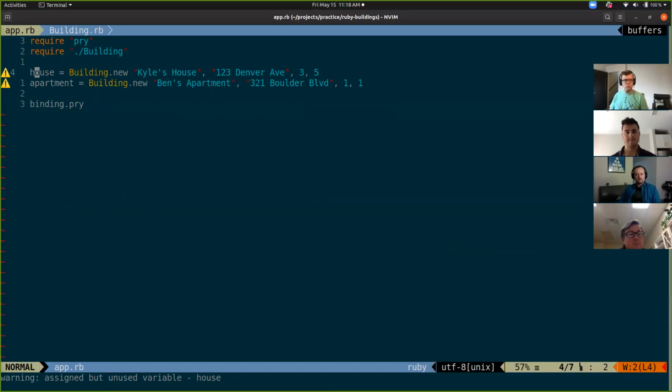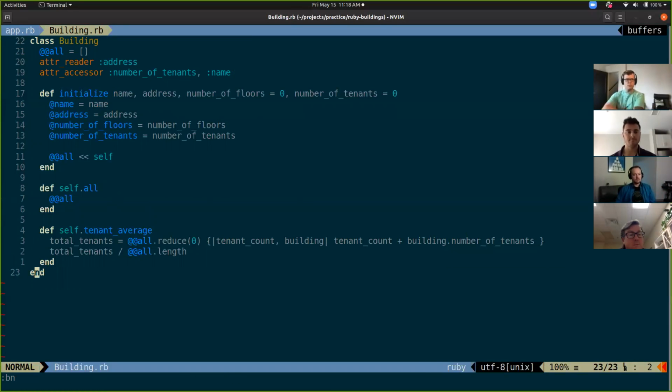So we made 2 new buildings. Those are new instances of this. Each of those instances was shoveled into this add_all array so that we could call building.tenant_average and work with all of the buildings that we've made so far. We reduced those down and then divided them by all of them. So one comment on this,